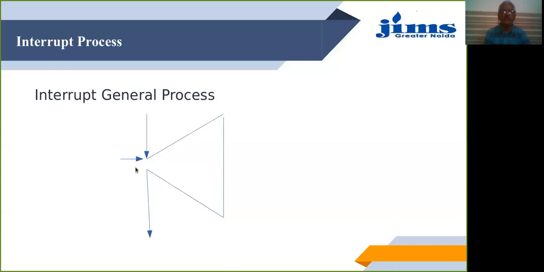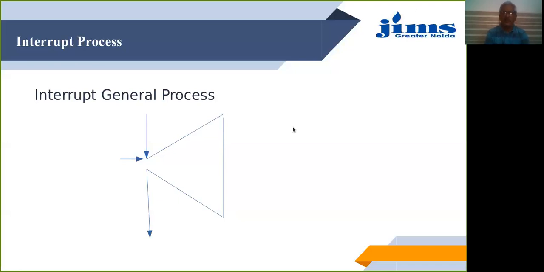So it has to save the return address and then take up the tasks that are written in the ISR, that is the interrupt service routine. After completing the ISR, that is the service for that particular peripheral, it has to come back. So it will retrieve the address of the next instruction back into the PC, and the normal resumed operation of the process will take place. So this is how a general interrupt process occurs in a system.